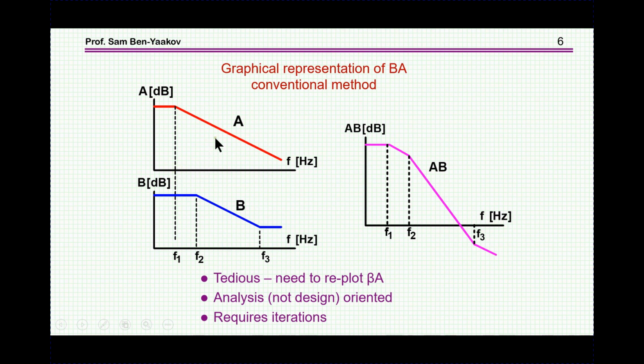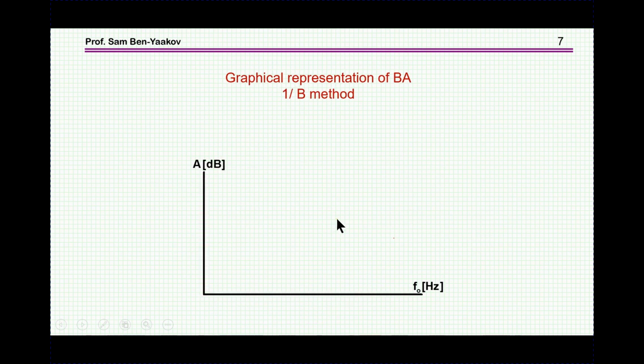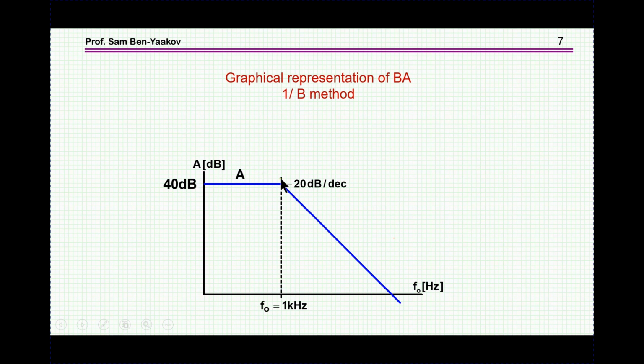One is to take one part, multiply it by the other, and get the loop gain. And then if you'd like to change this part here, which would be a controller, you have to do it again. So this is not very convenient. What I've shown here is that if you have the plant,